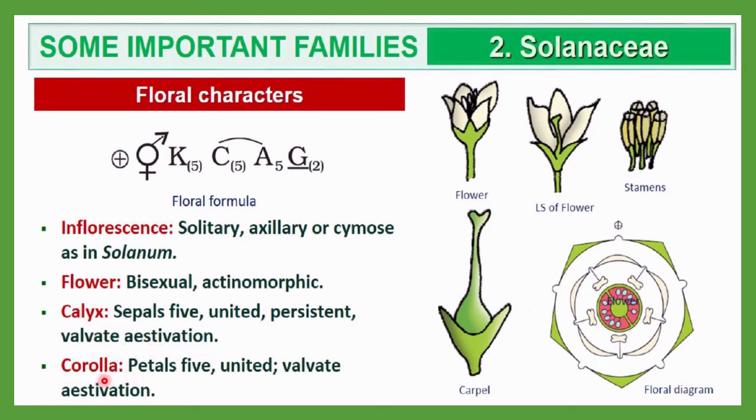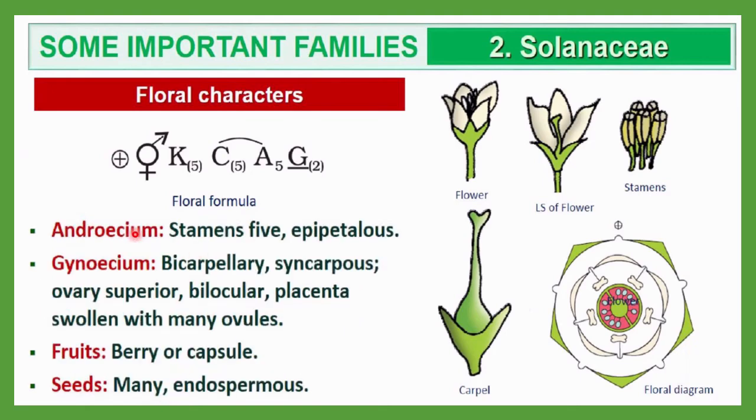Next is the corolla. So here on the inner side you will observe this indicating the corolla. The number of petals is 5. You can see 1, 2, 3, 4 and 5 petals. All are united together, or you can see all are linked with each other. This is linked with this one, this is linked with this one, like this. So that's why here also you can see 5 is given in the bracket. And this is also showing valvate type of aestivation.